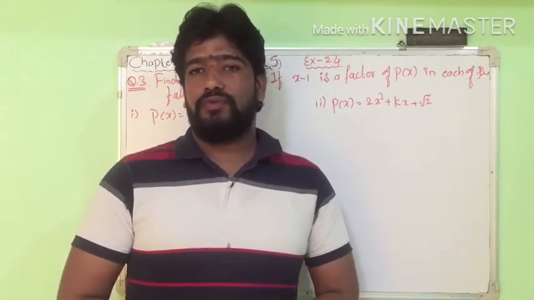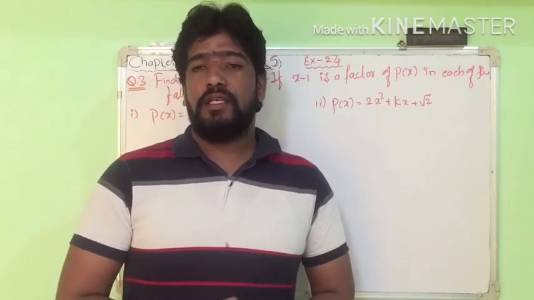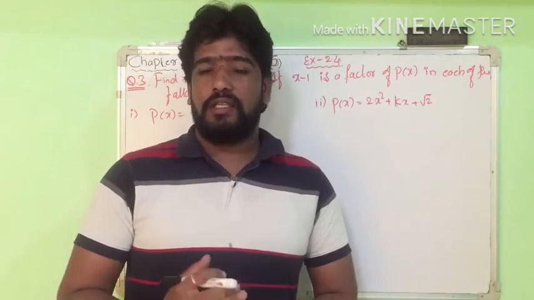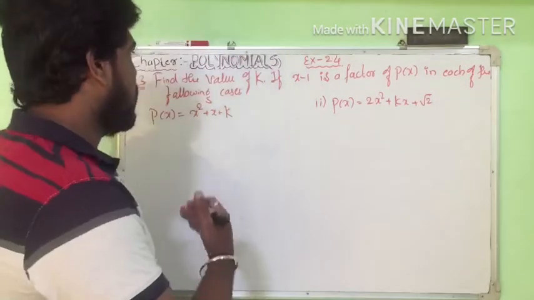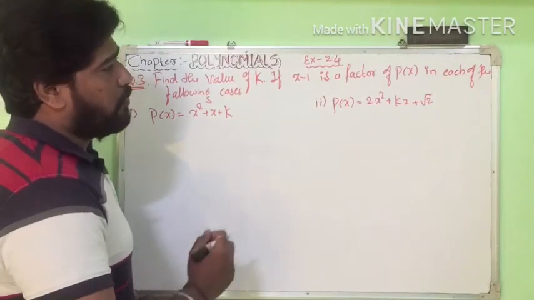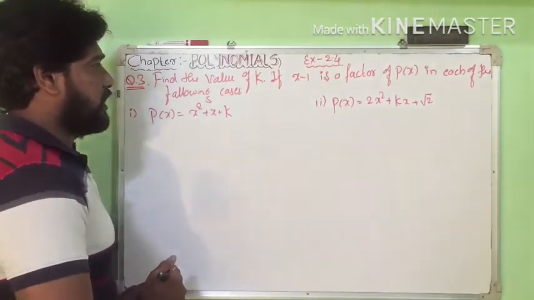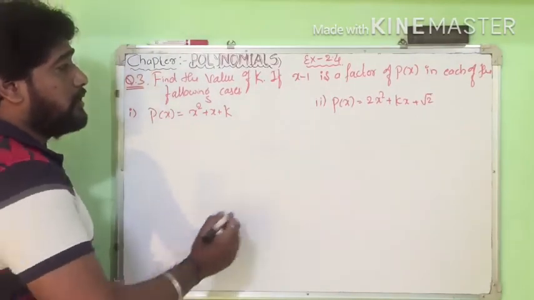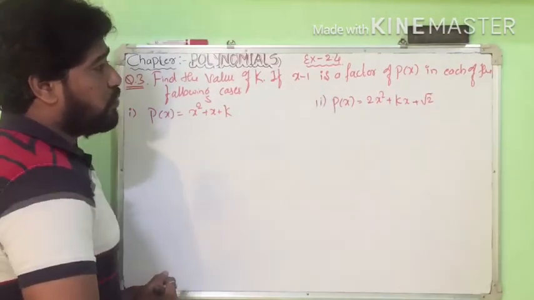So in a previous class we discussed exercise 4.1. Today we will discuss in the same exercise the third main question. So what is that third main question? Find the value of k if x minus 1 is a factor of p of x in each of the following cases. So here we want to find out the value of k